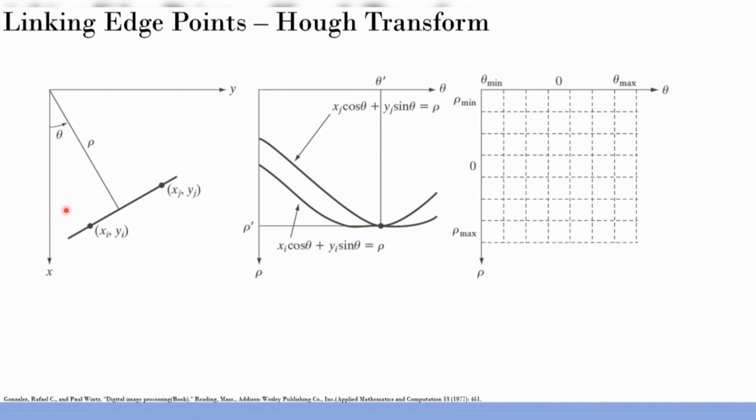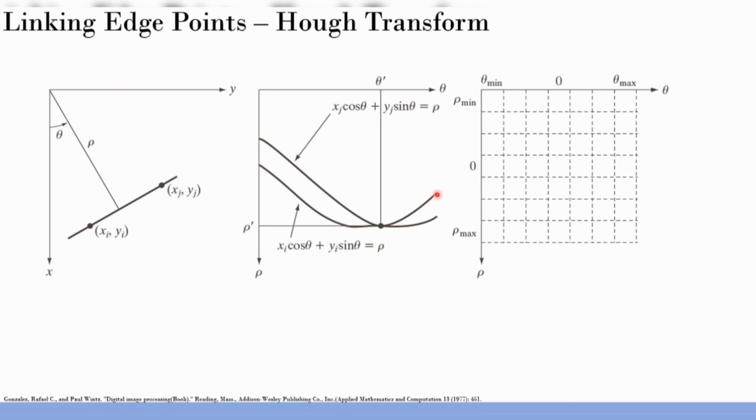So this is my xy space. I have a straight line and 2 points on that straight line. Okay, so you have xi yi as 1 point and xj yj as another point. So what you do is I start with xi yi. I take these two values. I vary the theta, I vary the rho. I get a sinusoid curve, governed by this expression,